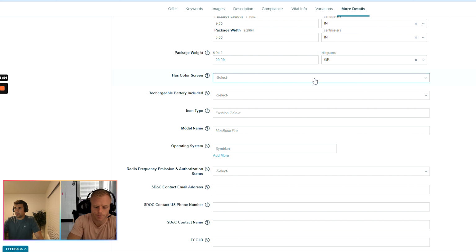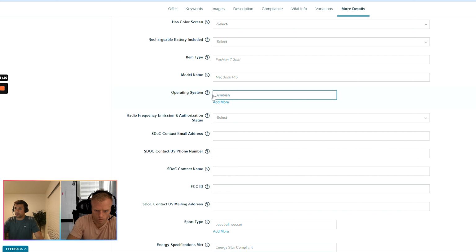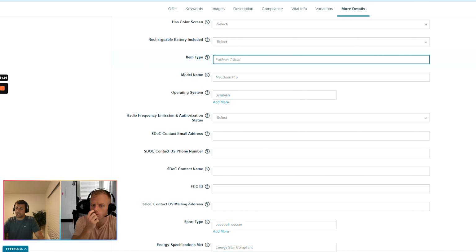Then all these other things, which this product does not. And so if it doesn't, then you can actually at any time come in and mark as irrelevant, like has a color screen. No, like this is a sticky wallet. There's no color screen. So you can always mark it as irrelevant if you want, or just skip over it completely. Item type, so you can actually put in here stick on phone wallet if you want to, or adhesive